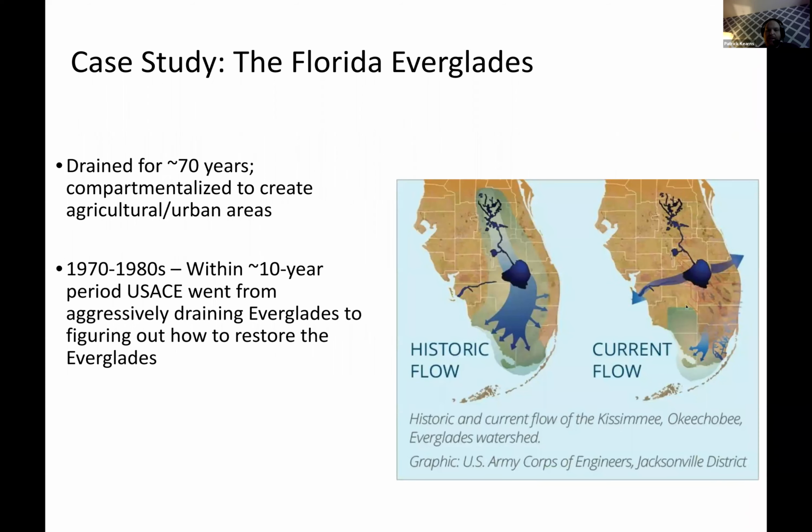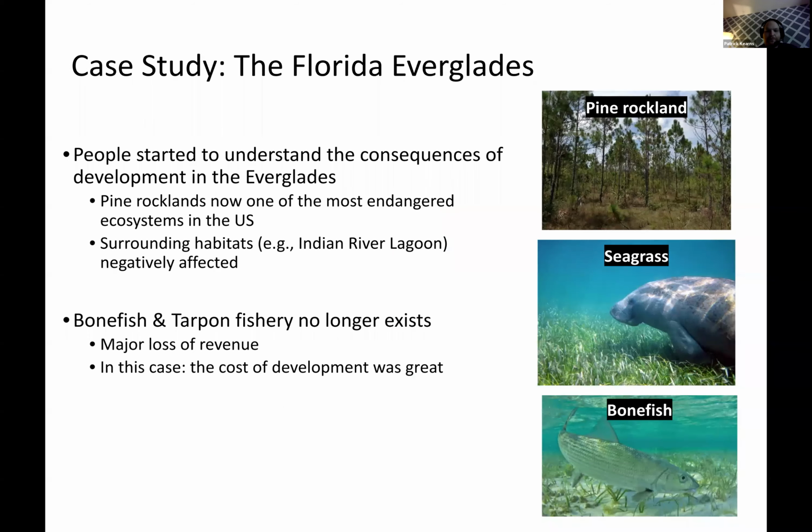Because if we just go back here, you can imagine if this was your historic water flow and this is your current water flow, well, you're not getting enough fresh water here and here and here. So that's going to dramatically change other habitats, and not just habitats along this sort of flow of this major ecosystem. In addition, there was direct effects on the economy.